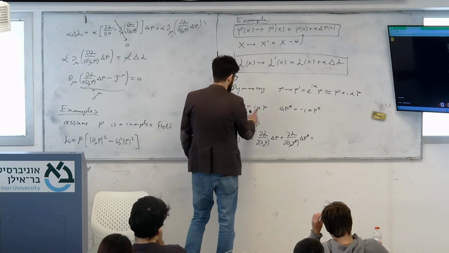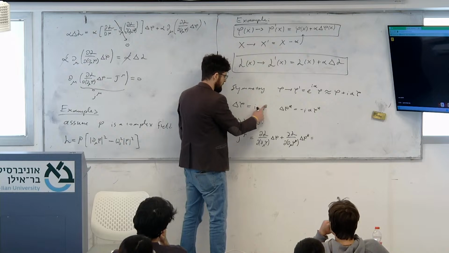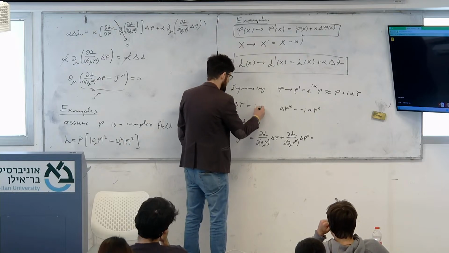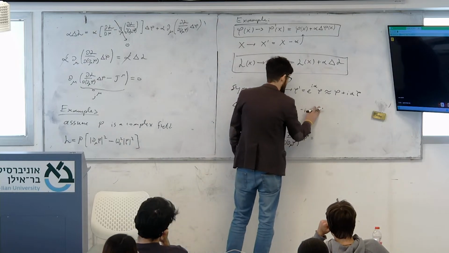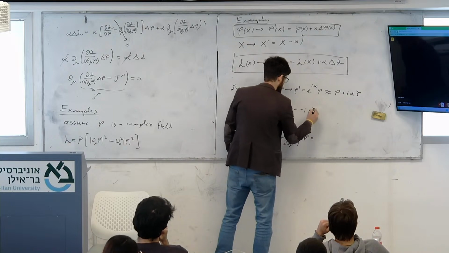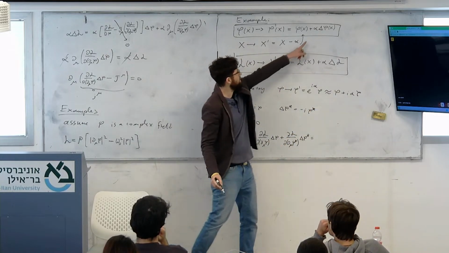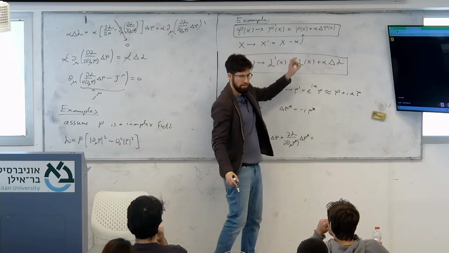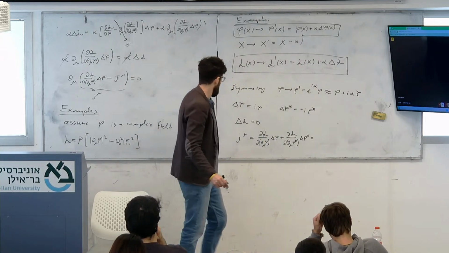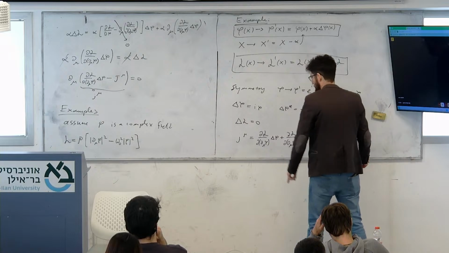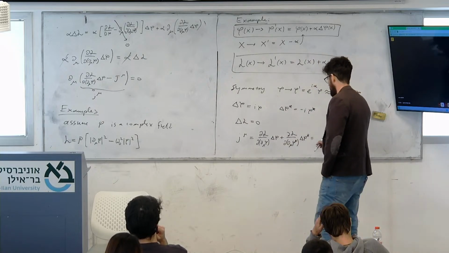Oh, sorry, by the way, this is not delta phi. I made a mistake. This is delta phi, because alpha is not part of the delta phi. Okay, alpha is the small variation. Good. Okay, so now this guy gives us